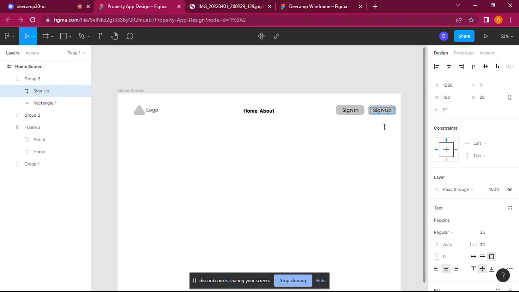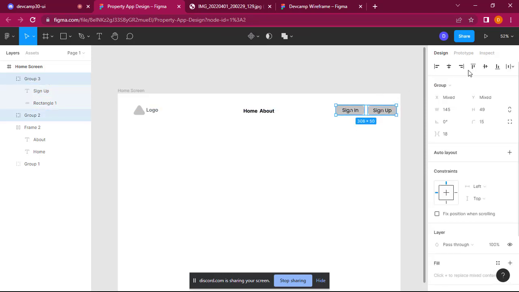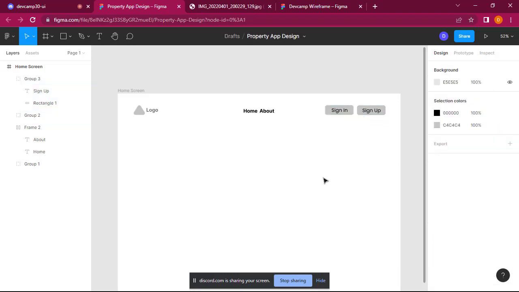Change this to sign up. Okay, so let me select these two and shift it a little, just to give the whole page space, reduce the borders. Okay,